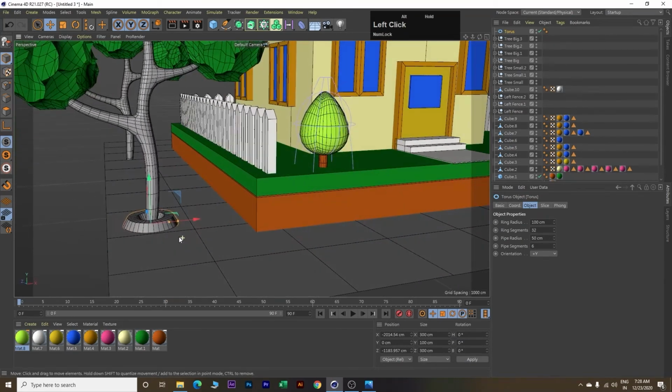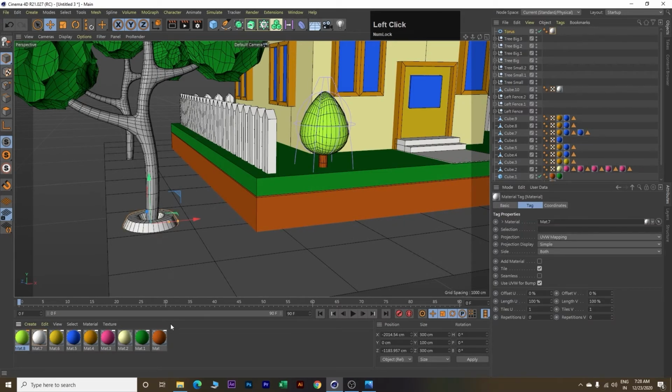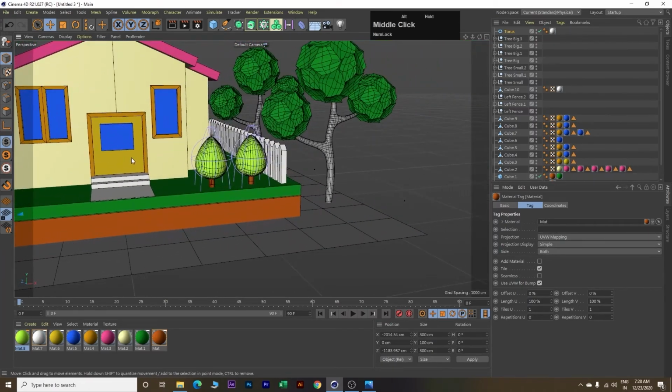Perfect, this looks good, and we will color it white and we will color this tree brown. This one also brown. We'll move here, we'll make this one also brown and this one also.